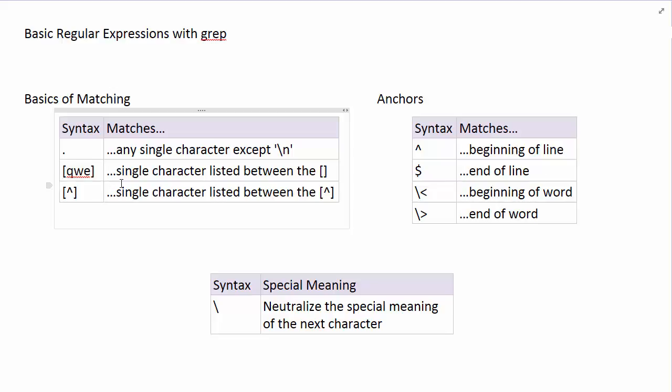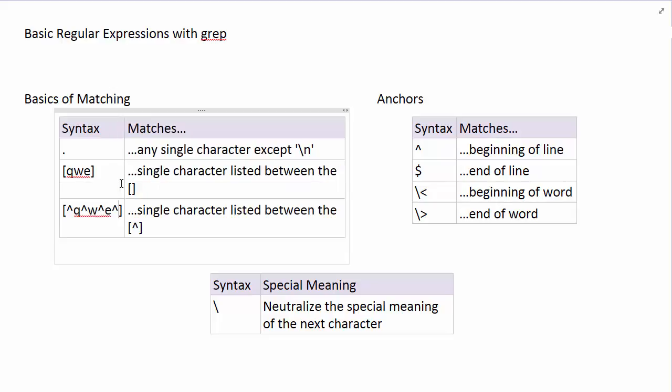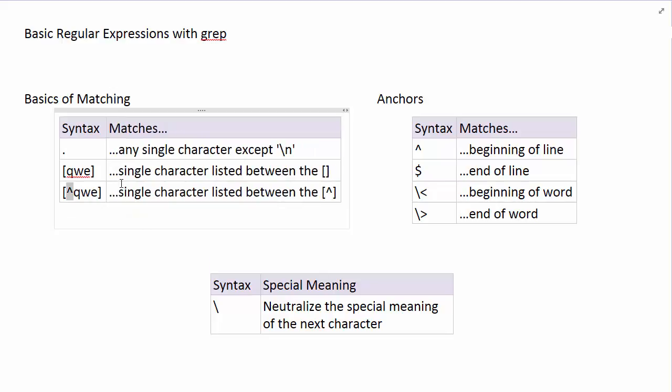And then the last syntax we're going to look at is what if we want to match a single character again. So this whole expression matches one character which is not Q or W or E. The hat symbol, when located at the beginning of the square bracket, means negation. So it's a complementary set compared to the letters we specify here. Please note that the hat symbol is at the beginning, right after the opening square bracket. It's not at the end, it's not in the middle, it has to be at the beginning